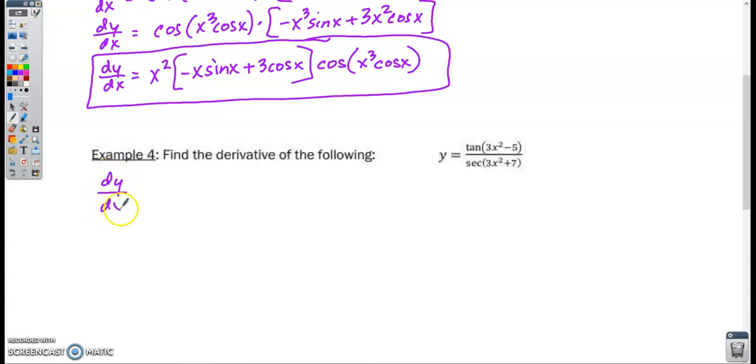So I'm going to go ahead here. Dy dx is equal to low times the derivative of high, the derivative of the tangent of 3x squared minus 5. Derivative of tangent is secant squared. So that's the derivative of the outside, leaving the inside the same, times the derivative of the inside, times the derivative of 3x squared minus 5, which is 6x. So there's my low d high